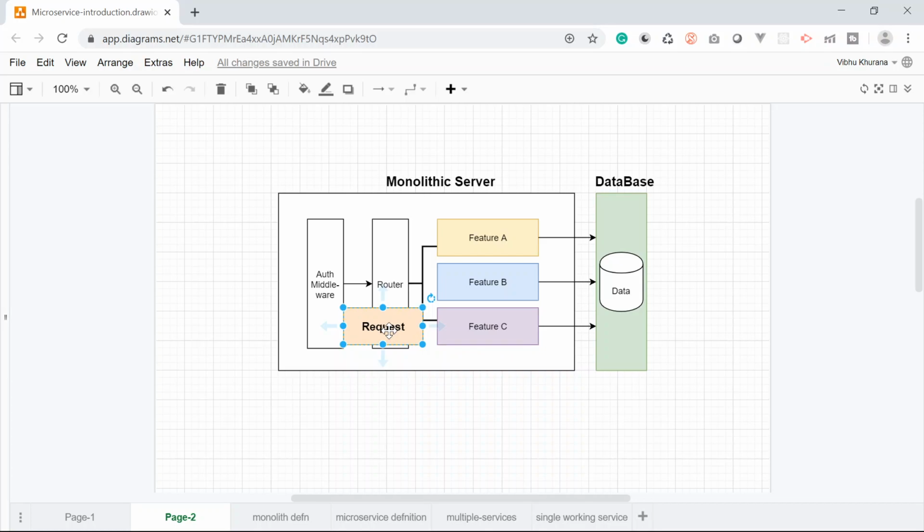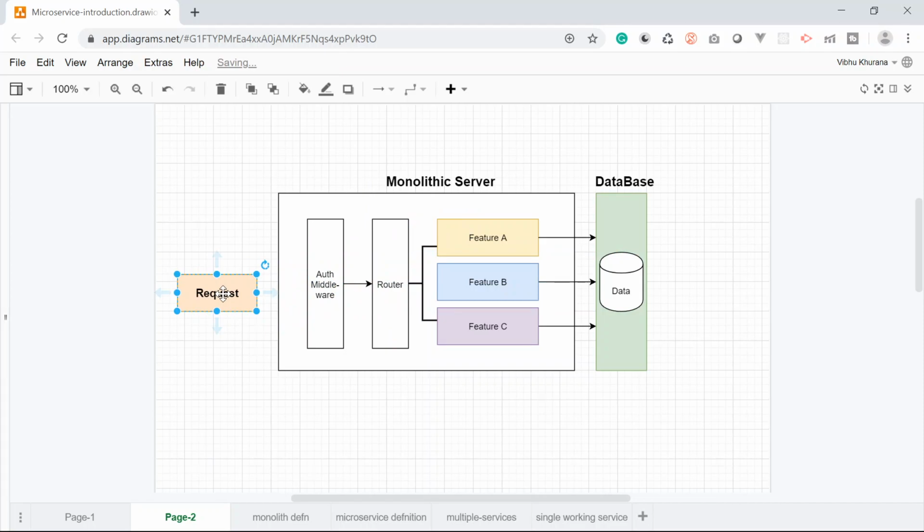So maybe in this case, it goes off to feature A, and feature A might decide to write or read some data to or from a database. Eventually, it formulates a response and then sends a response back to whoever made the request.